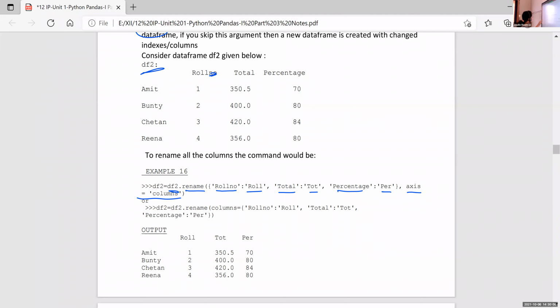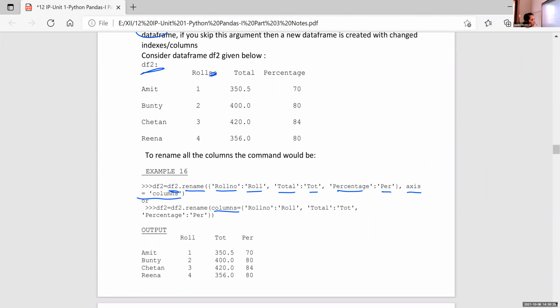You can learn any of these options. That is, either you can start with columns equal to. If you want to rename column headings, start with columns equal to roll number with roll, total with tot, and percentage with per. Or you can write like this: write all the updated values within a flower bracket and give axis equal to columns.